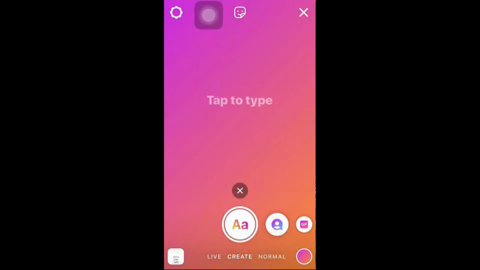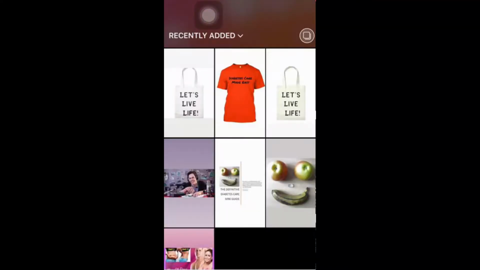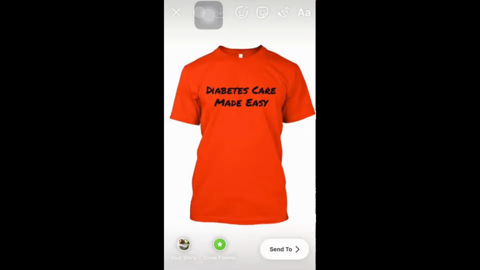For this example, we're going to use a picture of a merchandising product we'll sell through our online store. And we are going to add some attention-grabbing elements such as a call to action using highlight text and an emoji. So we'll start by tapping on the gallery icon to locate and add the product image first. Once you add your image, you will be able to use the story editing tools, which include stickers, emojis, text,